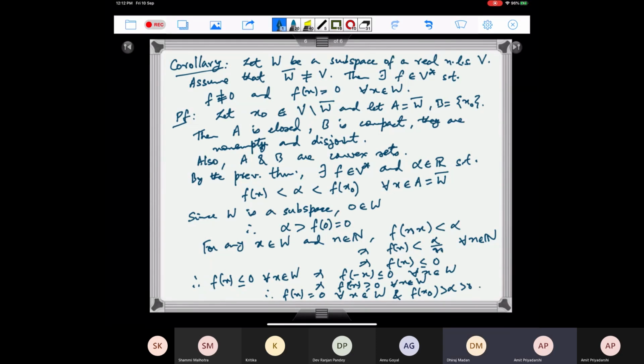Yes, sir. So that is when it can be done. If your W is a finite dimensional subspace, then it can be done in any inner product space, right? If you are in a Hilbert space and you allow W to be infinite dimensional also, then you need W to be closed. That we will do when we discuss Hilbert spaces.